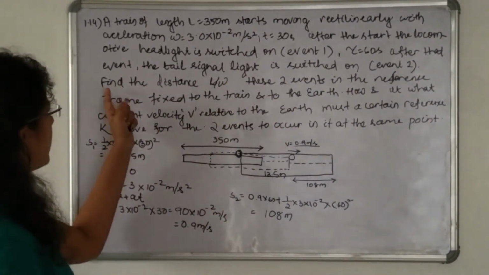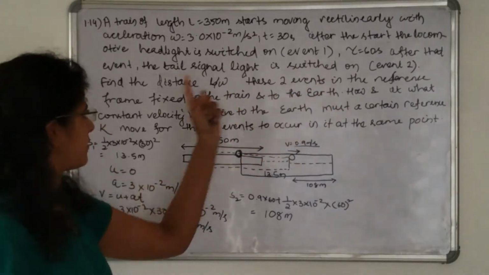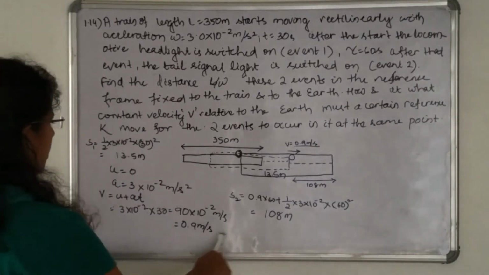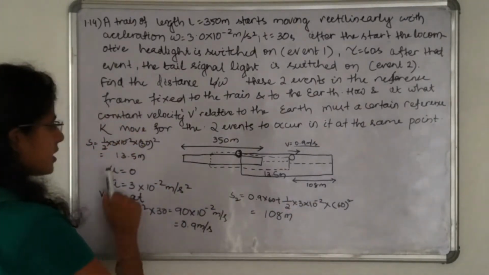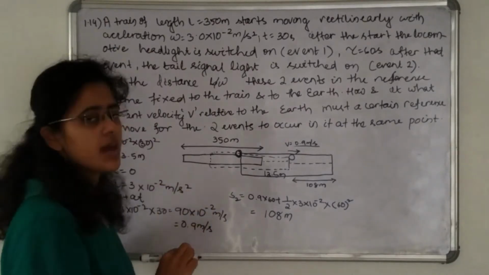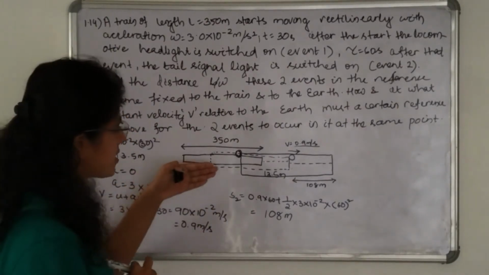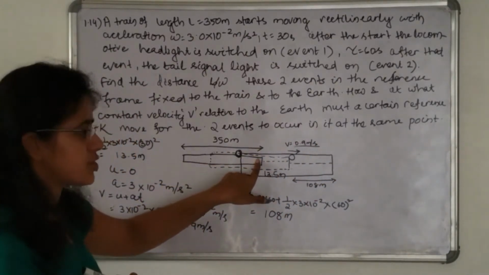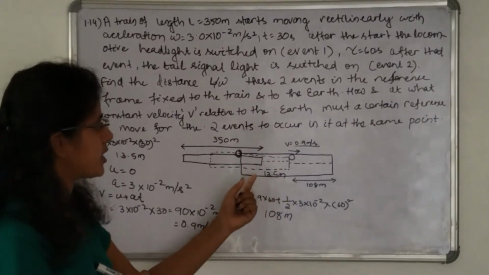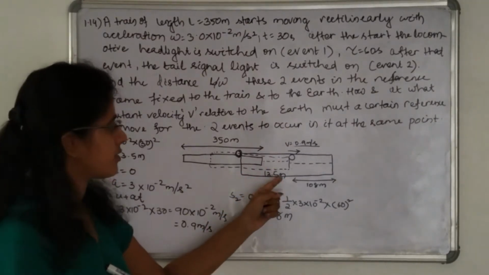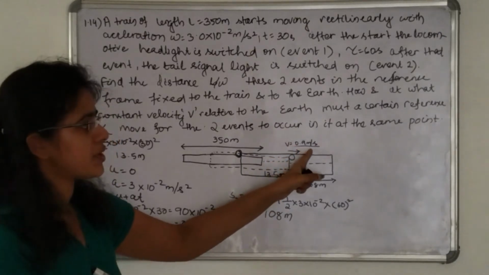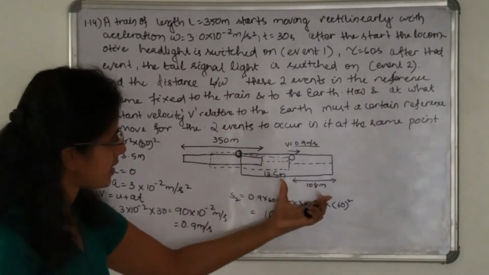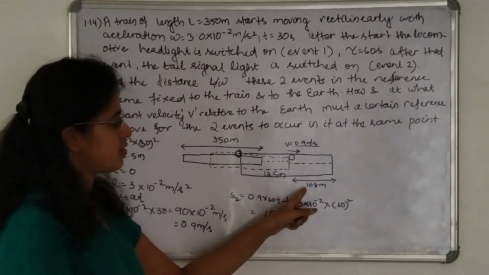So the question is, find the distance between these two events in the reference frame fixed to the train and to the earth. Okay, so all these events which we are calculating here, that is fixed to the earth. That is, let us say I am standing here and I am watching this train is moving in this direction. So for me, the initial velocity of the train is 0 and after 30 seconds it will cover 13.5 meter and the final velocity for event 1 is 0.9 meter per second. For me, all these events are occurring. And for the second event, the distance covered by the train is how much? 108 meter